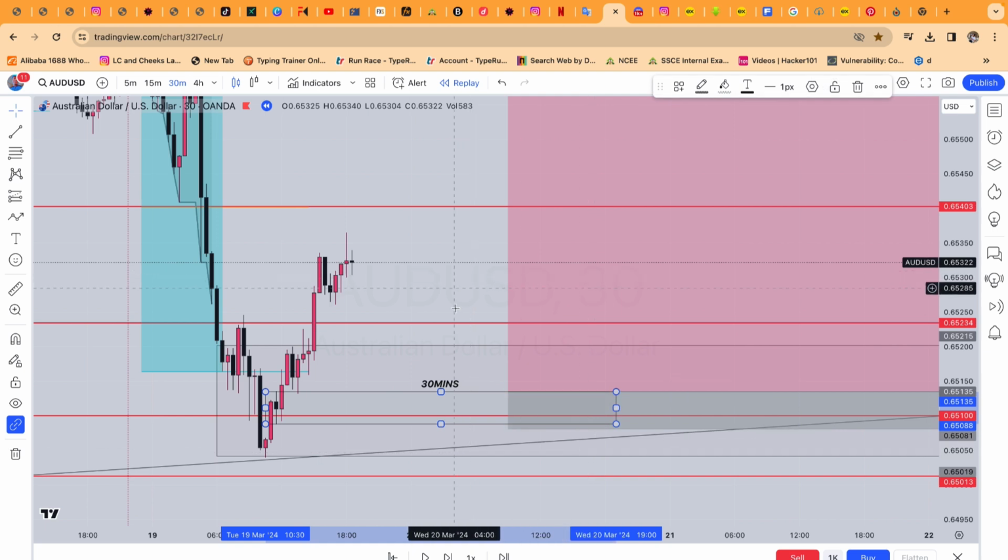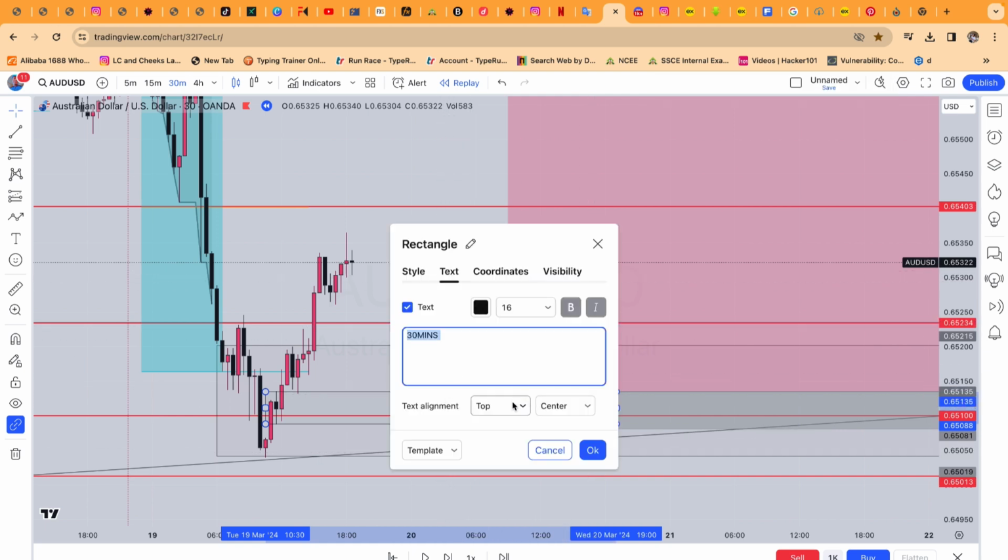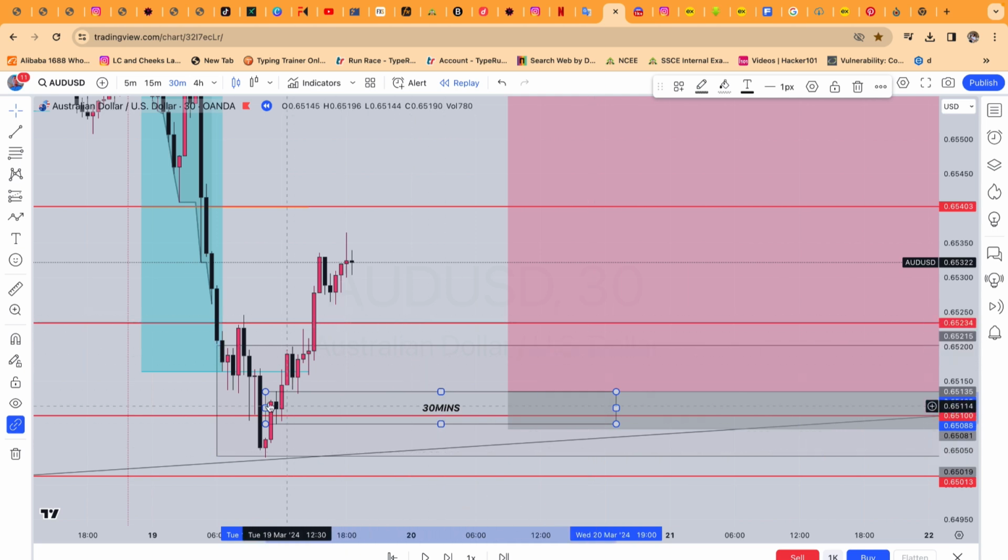And guess what? I'm not doing this for formality. I actually did pick this entry. You understand? So based on my understanding, in this zone where price is, it has formed this hammer candle formation